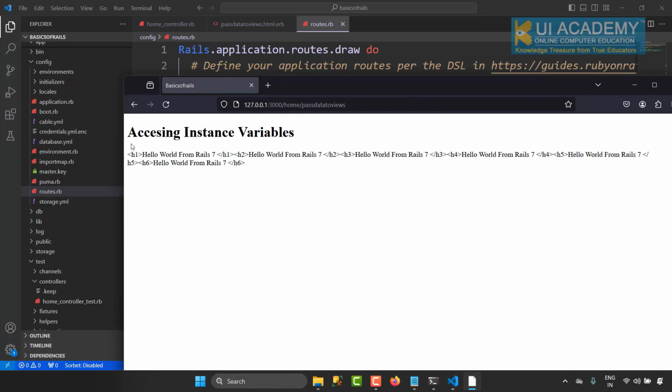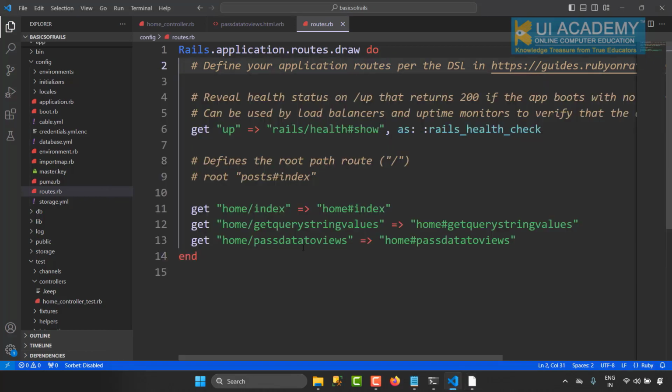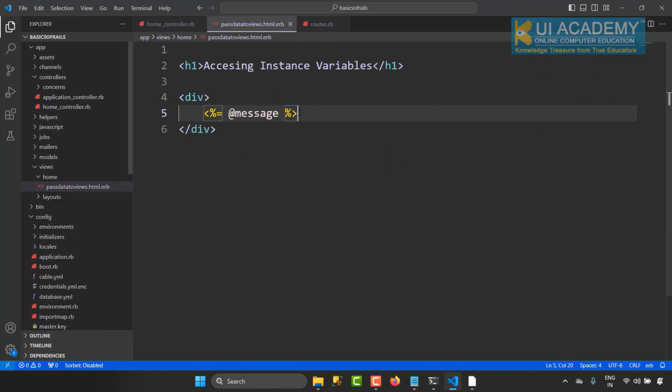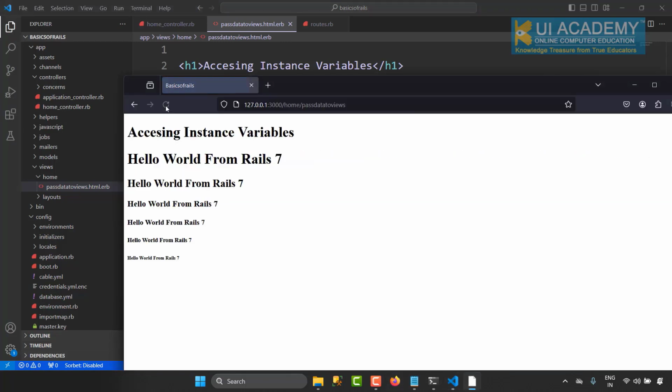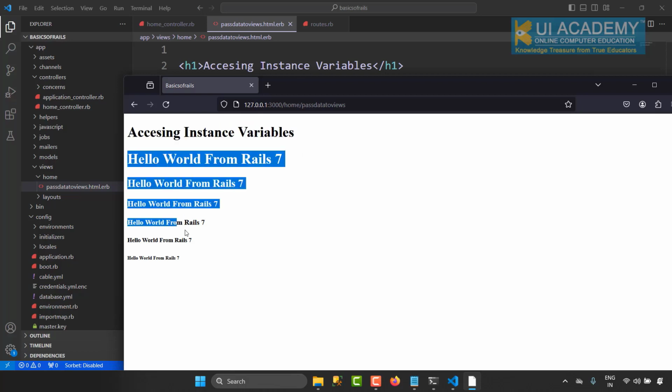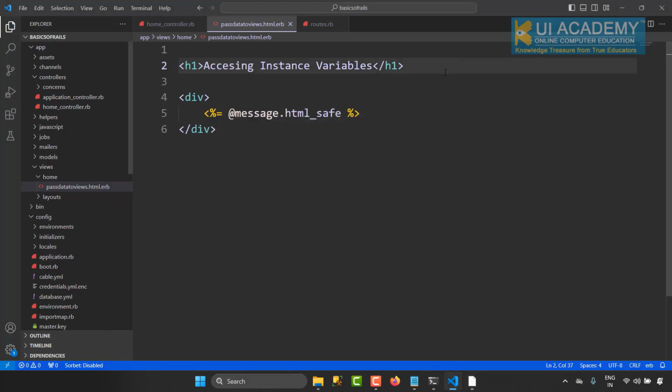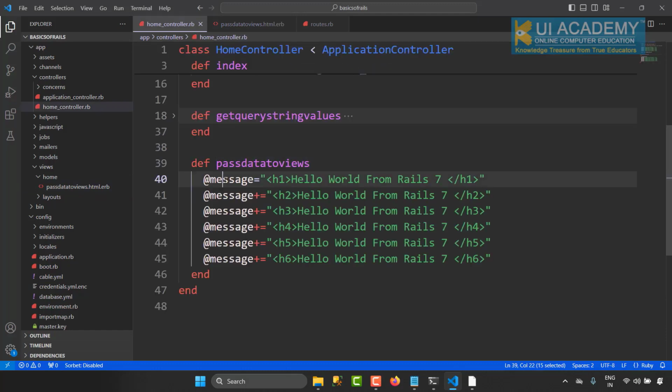Now you can see it is saying accessing instance variables, and it is rendering the value of that message instance variable. Notice that everything is coming to you as plain text because we haven't called the html_safe method. In fact, you can call the html_safe method inside the template itself. Now I save this, I go back to my browser, I refresh it. Now you can see accessing instance variables, and this value is coming from the controller's action,